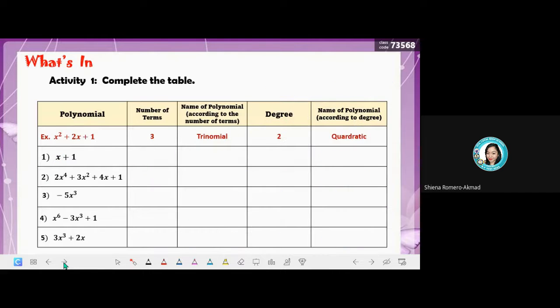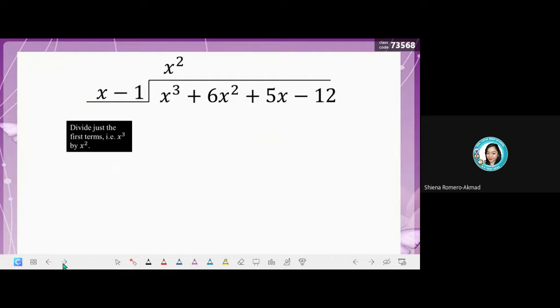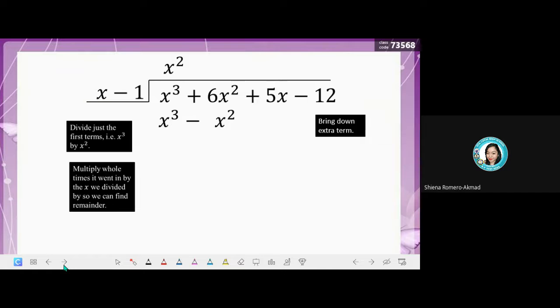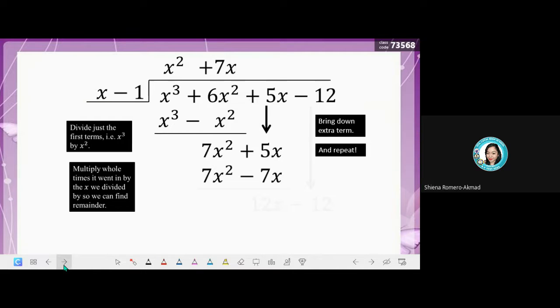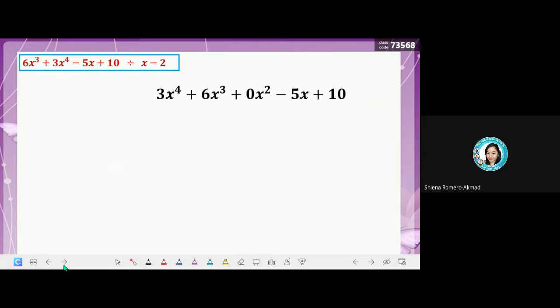So let's have more examples para mas maintindihan ninyo. Ayan. So multiply, diba? Divide, multiply. Pinaikli ko na lang siya. Bring down. Divide, multiply, subtract, bring down, and repeat. Okay, paano naman kapag,